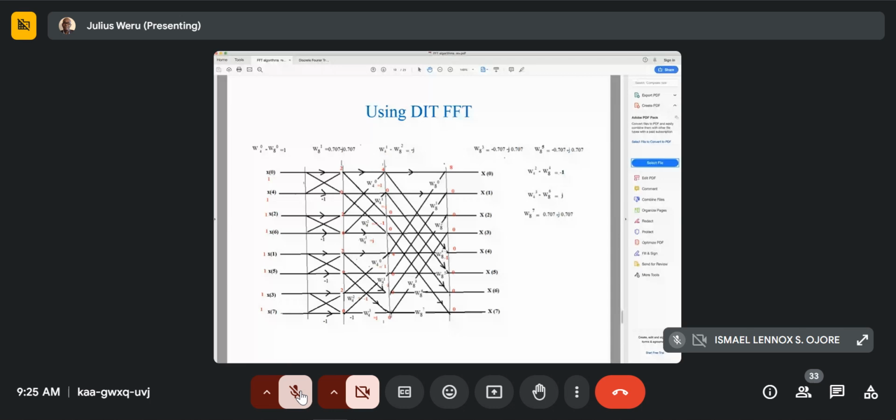The second step, we are going from, so this is 2, and here you have got 2, and W4 to the power of 0 is 1. So 2 is simply being multiplied by 1, and this is 2 multiplied by 1. So that is 4. The second one, we are using,